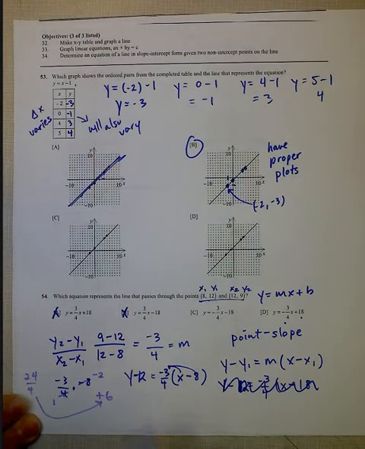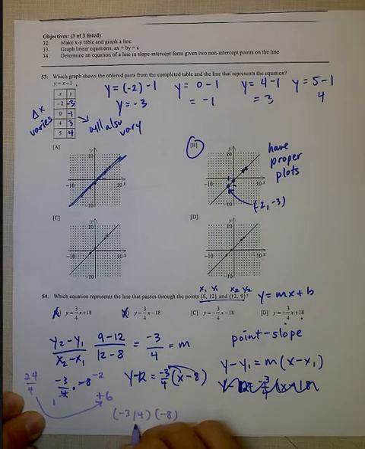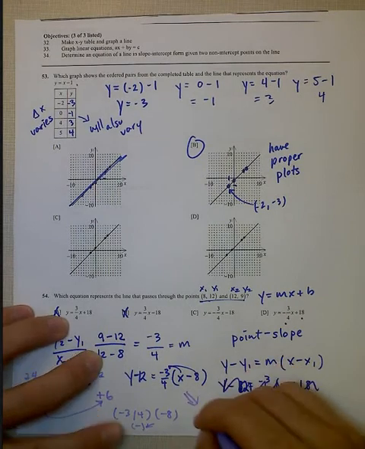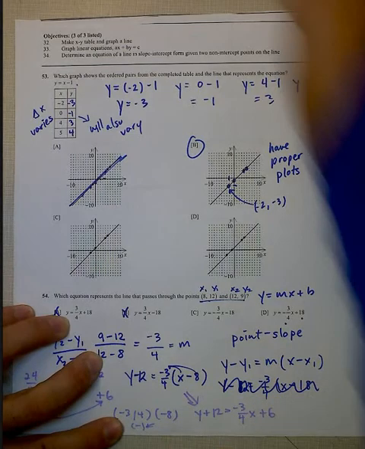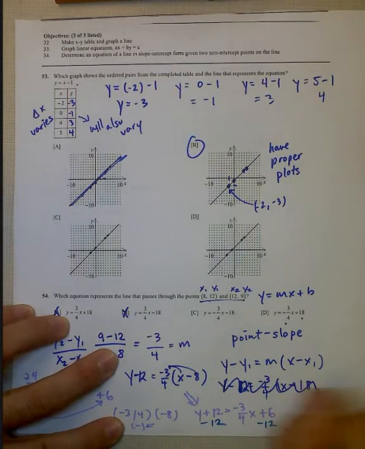Or you could put this into your TI-83 as -3 over 4 times the -8. Make sure you use that negative button on the bottom of your calculator, and that would give you 6. So I have y plus 12 is equal to -3/4 x plus 6. I want to subtract the 12 from both sides, and I would end up with